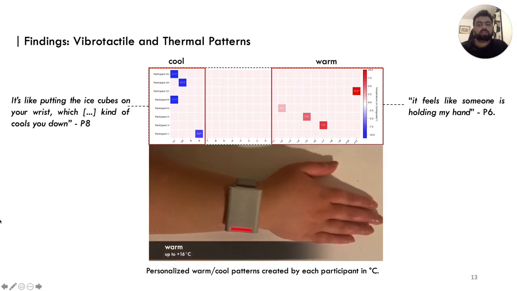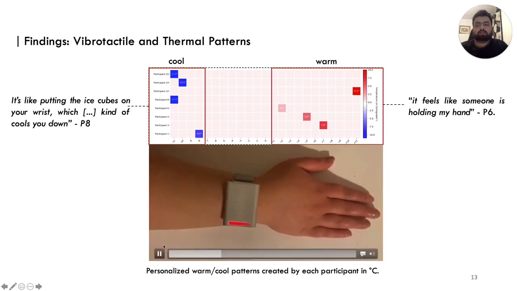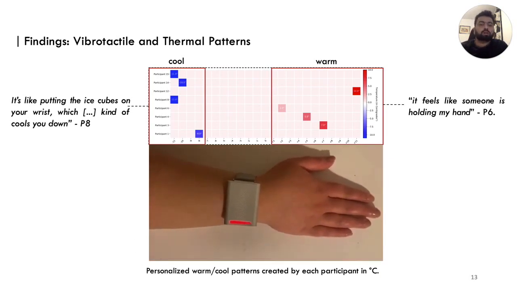The other group of participants chose to decrease the heat by minus 8, minus 10 and minus 11 degrees. They report that the feeling of cool on a particular place, such as the wrist, is quite unique and unfamiliar, as they are more used to feeling heat in everyday life, rather than cool. It is quite different. It's like putting ice cubes on your wrist, which kind of cools you down. Through experimentation, all these 4 participants discovered that cool feels more pleasant than warm, so they all chose values at minus 8 degrees or lower. This preference for cool was usually expressed in contrast to the perceived negative experience of heat.